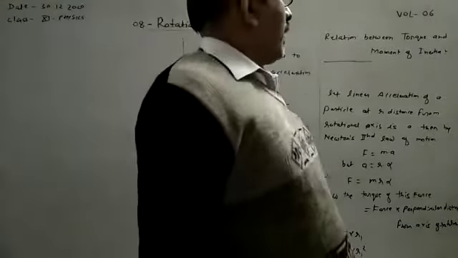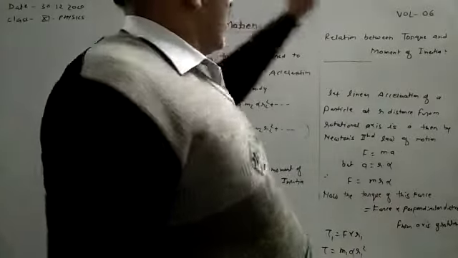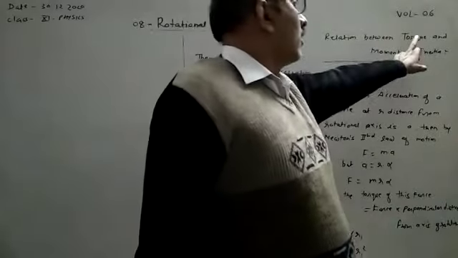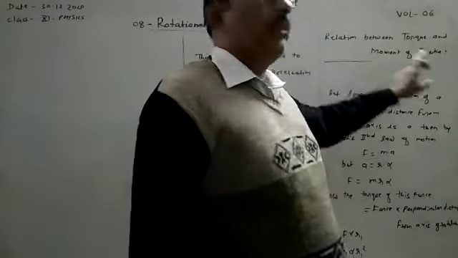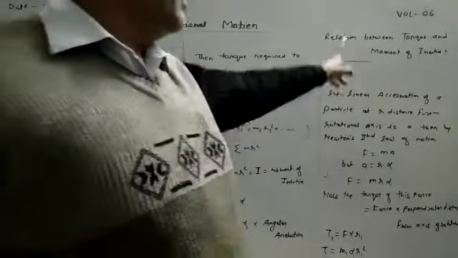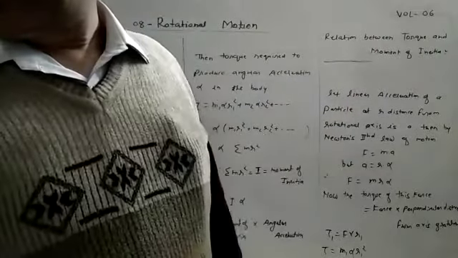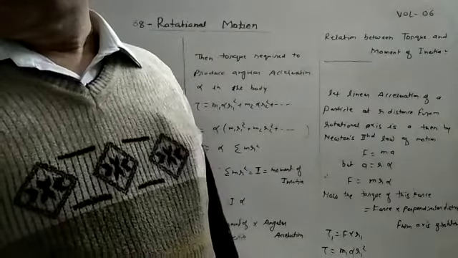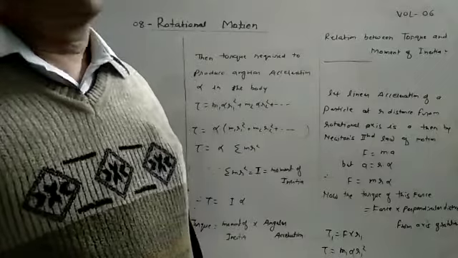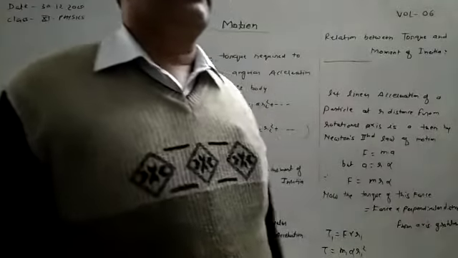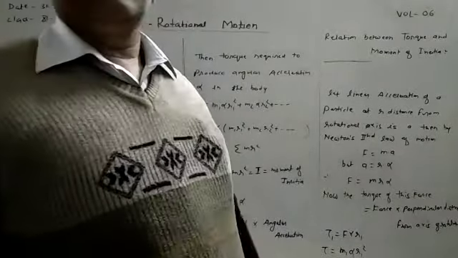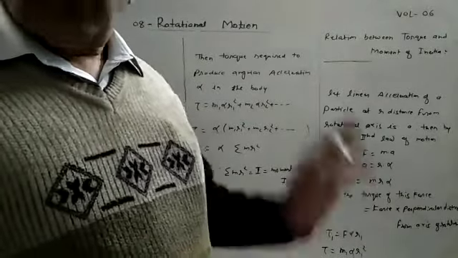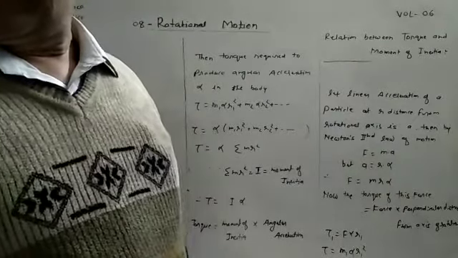Yes, students, the next part of this chapter is the relation between torque and moment of inertia. In previous classes we became very well acquainted with torque and moment of inertia. Now we have to find the relation between them. Let a body be rotating about an axis with uniform angular velocity omega. The body consists of an extremely large number of particles, as we discussed in moment of inertia; we suppose the body is made of different particles of different masses. Let a torque be applied on the body, which produces angular acceleration alpha in it.